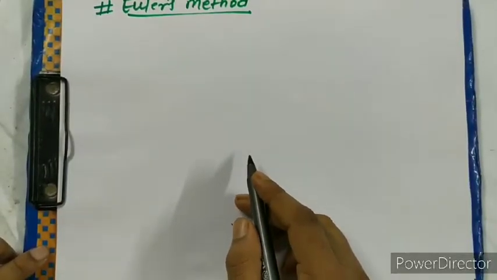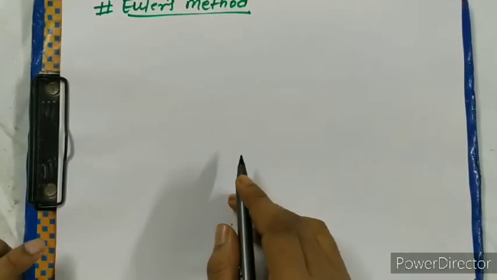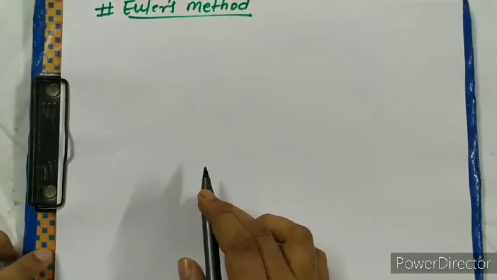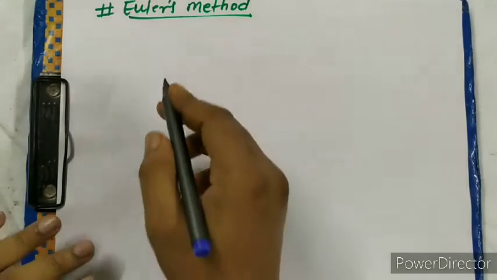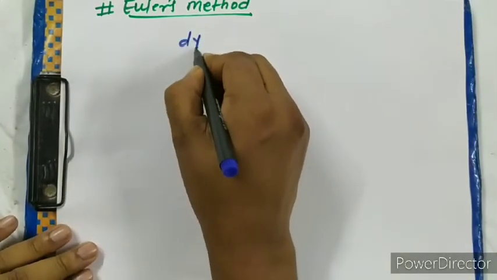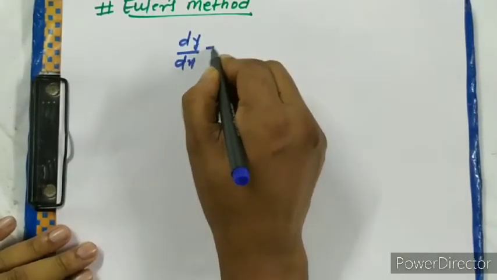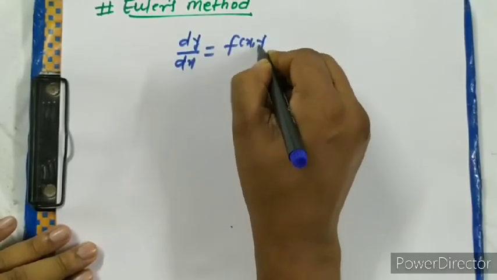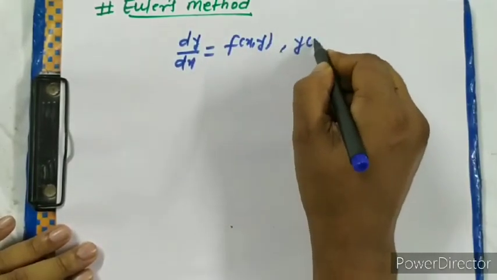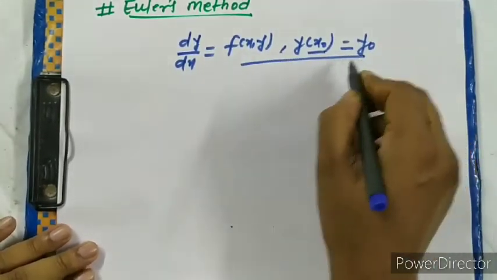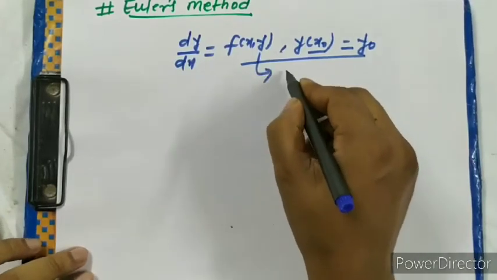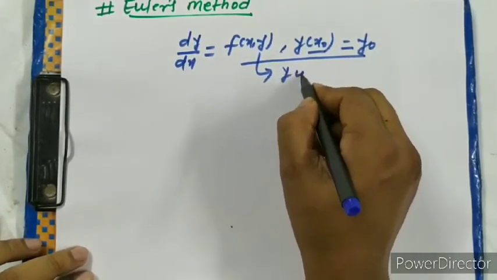हेलो स्टूडेंट्स, पिछली क्लास में हम देखे कि पिकार्ड्स मेथड से हम ऑर्डिनरी डिफरेंशियल इक्वेशन को कैसे सॉल्व करते हैं। आज हम देखेंगे आयलर्स मेथड से किसी डिफरेंशियल इक्वेशन को हम कैसे सॉल्व करेंगे। इसका पार्टिकुलर फॉर्म होता है, डिफरेंशियल इक्वेशन इस फॉर्म में दी होगी। This is the particular form: dy/dx = f(x,y) at given initial point, suppose x0, y0,